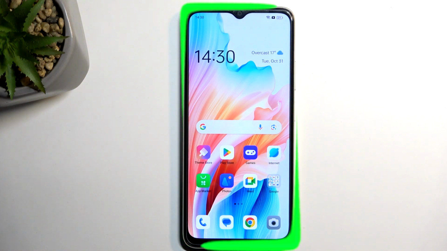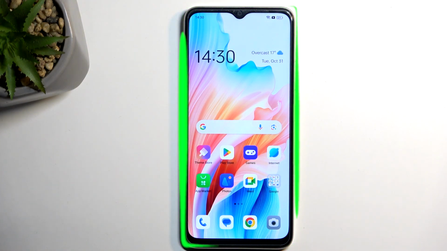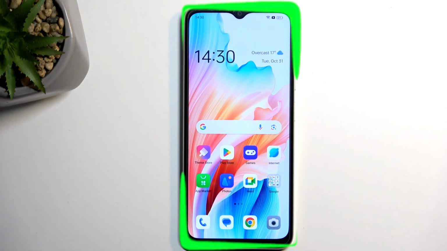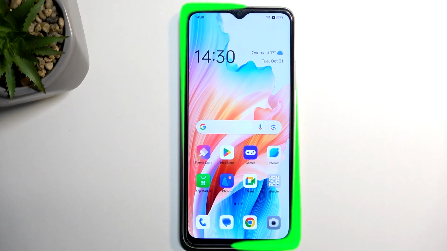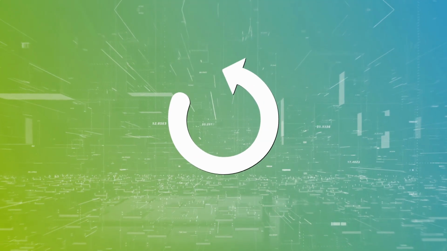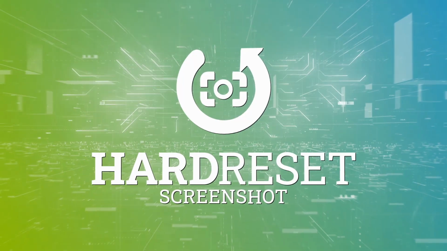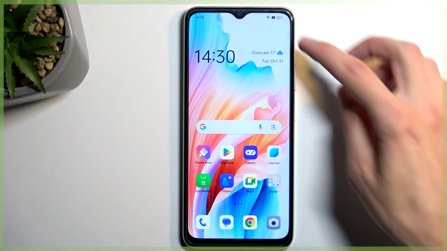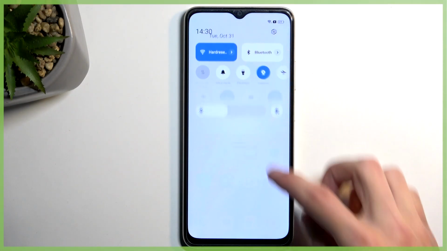Welcome. In front of me is an OPPO A2x, and today I will show you how you can record screen on this device. So to get started, you want to pull down your notifications and then swipe down once again to extend the